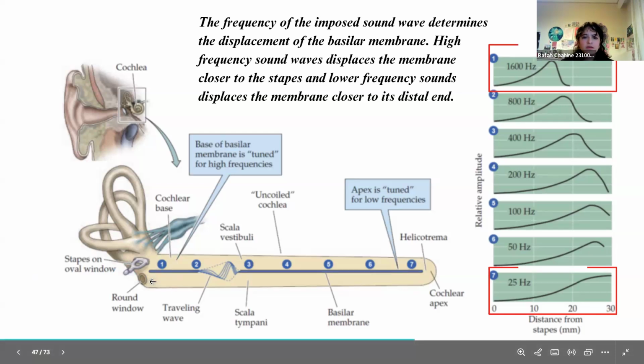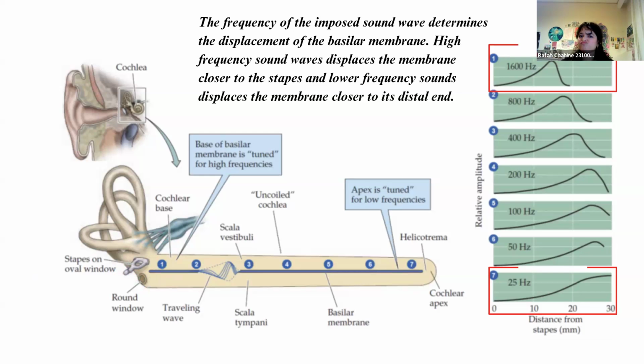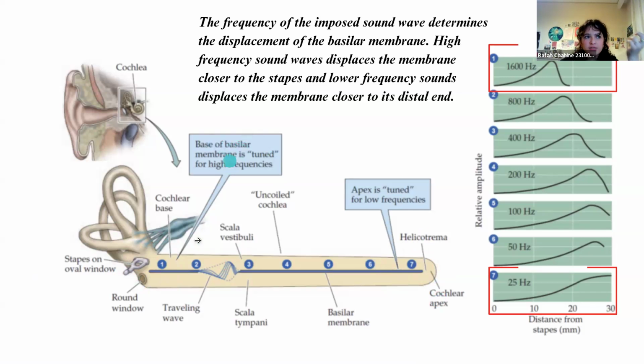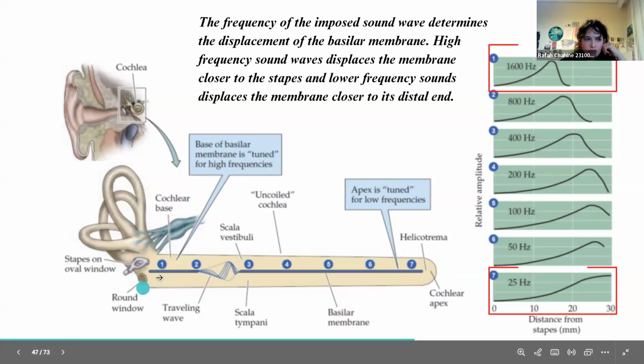On the other hand, if a heavy bass starts playing next to your ear, the part of the cochlea that will recognize that is the part that is closest to the helicotrema. Meaning that the base of the basilar membrane, the basilar membrane in the base of the cochlea, is more tuned